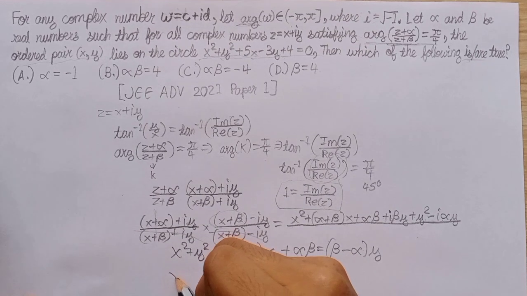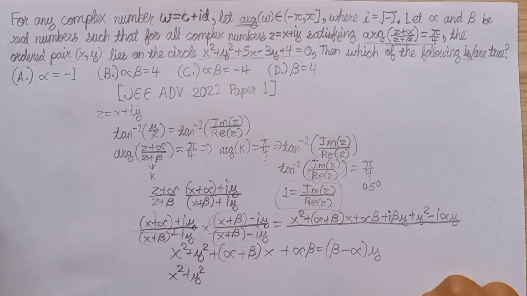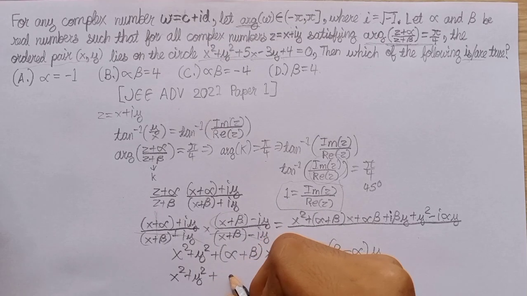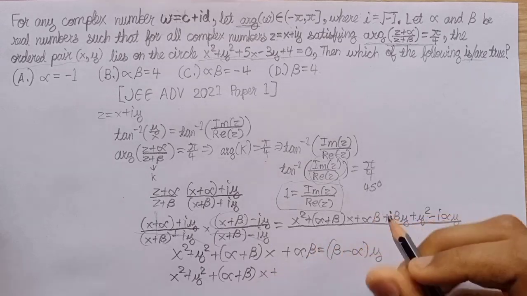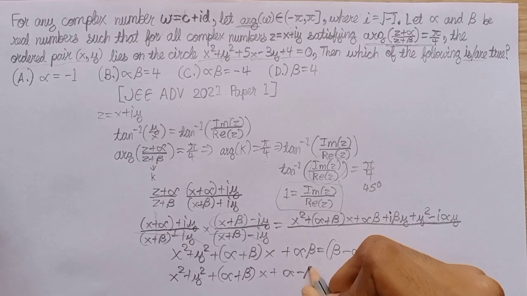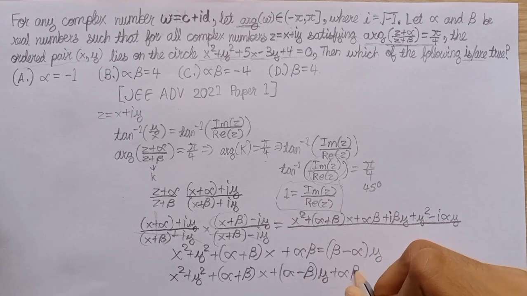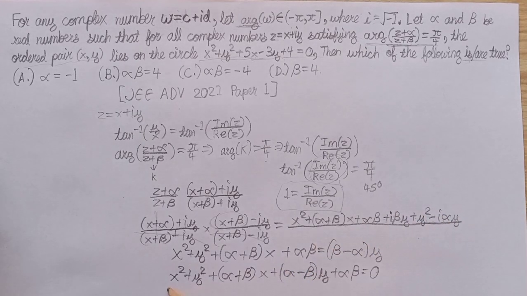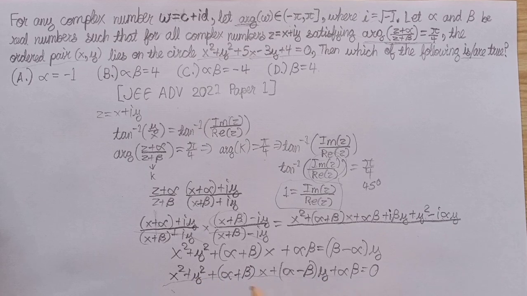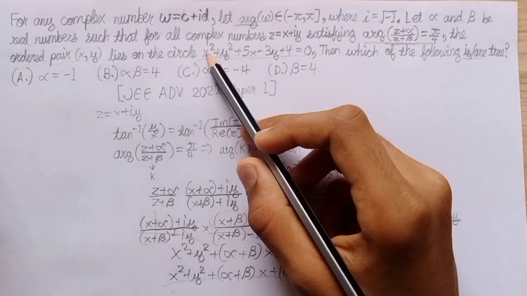So we have x squared plus y squared plus (alpha plus beta) x plus, if you transpose this inside, you get (alpha minus beta) y plus alpha beta is equal to 0. This is the equation which x and y should satisfy, and we have another equation which